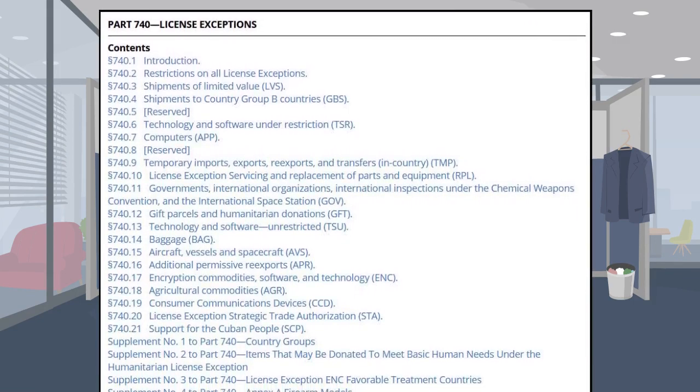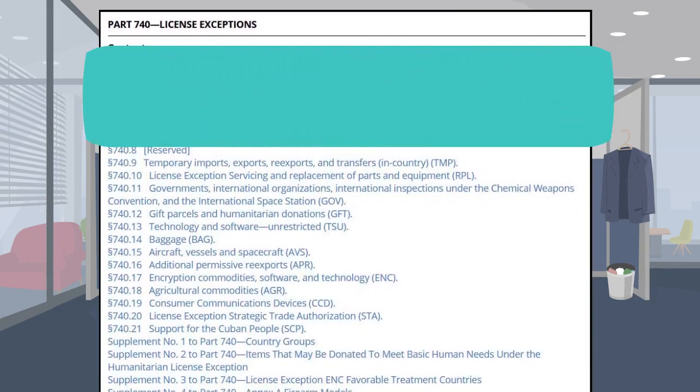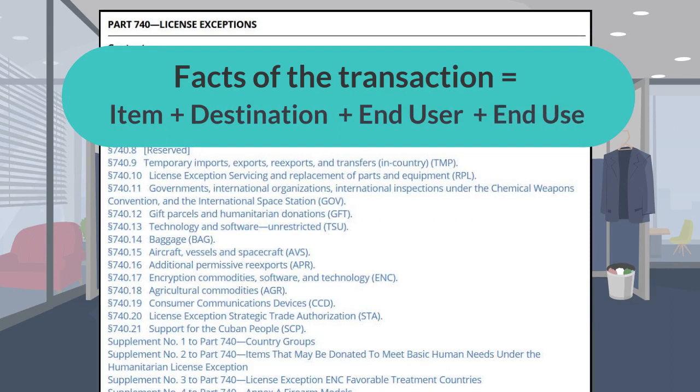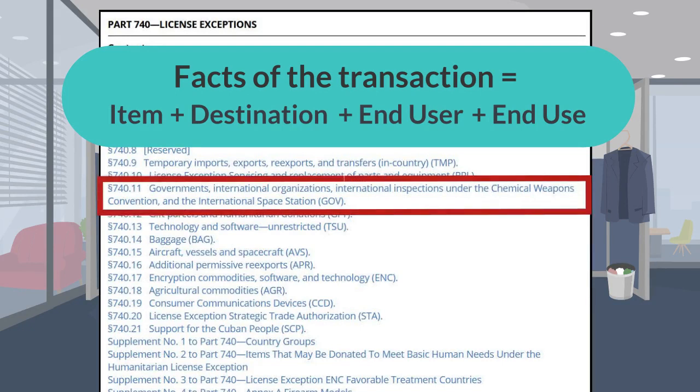Your eligibility to use a license exception will depend on the facts of your transaction. For example, if you are shipping the item for use by an agency or personnel of the U.S. government or an agency of a cooperating government, you might consider reviewing License Exception GOV. The specific provisions of License Exception GOV and the definition of cooperating governments is available in Section 740.11 of the